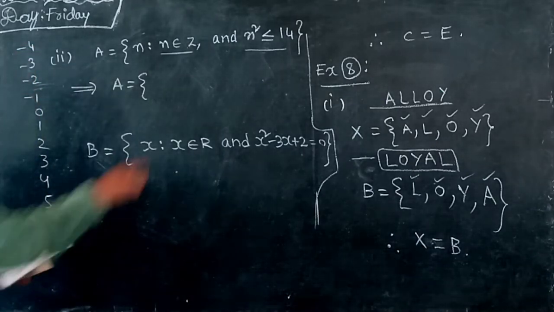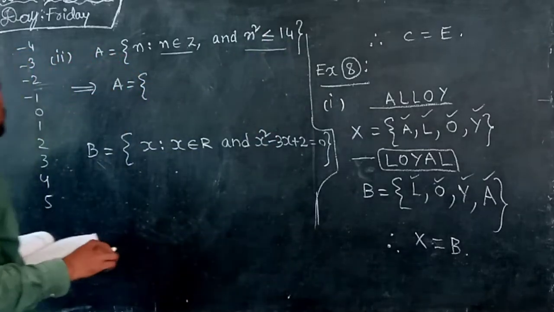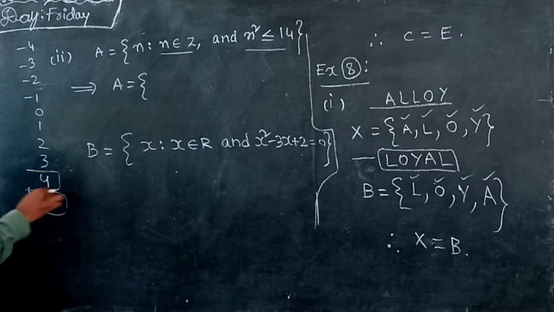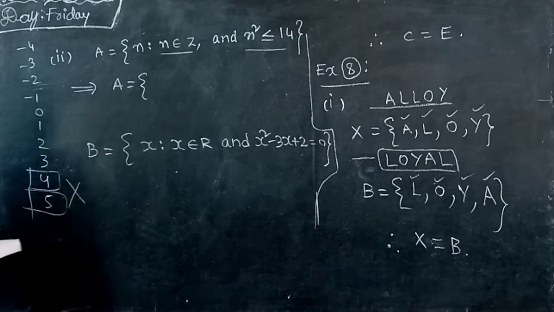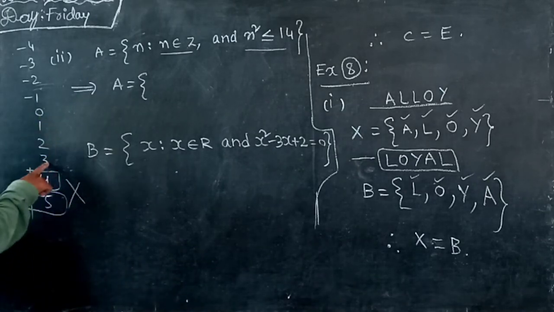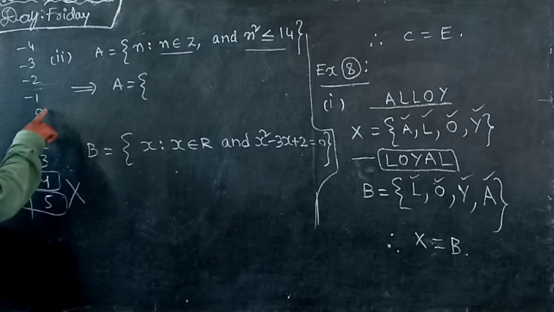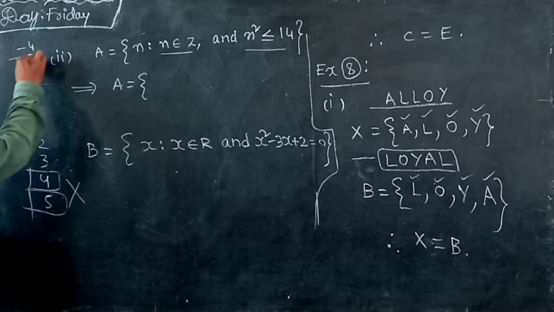So n square should be less than or equal to 14. If I square 5, 25; 4 square, 16. So these two we cannot consider. So 3 square 9, 2 square 4, 1 square 1, 0 square 0. So we can take into consideration